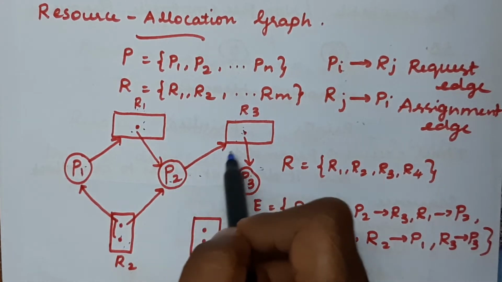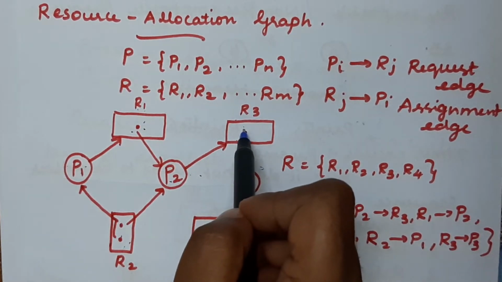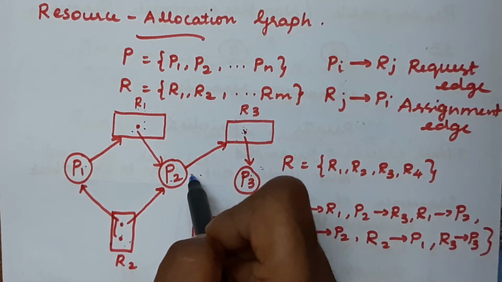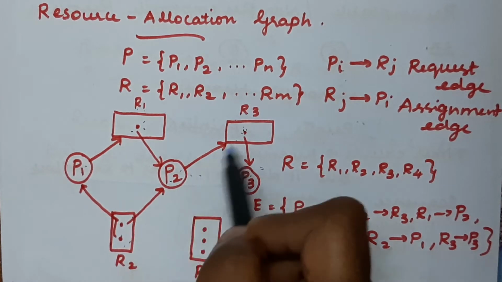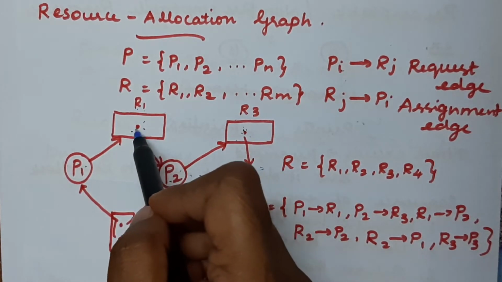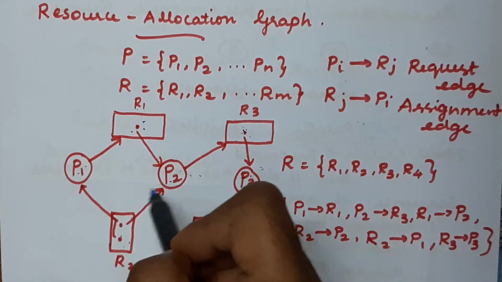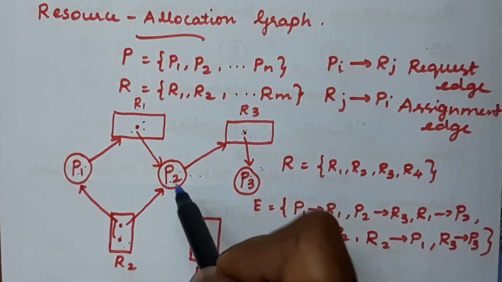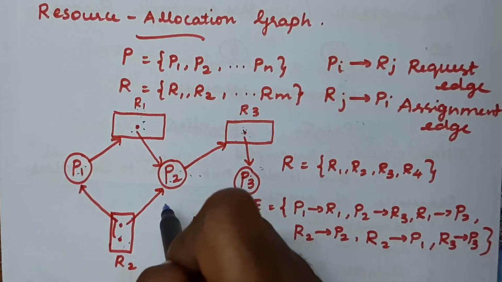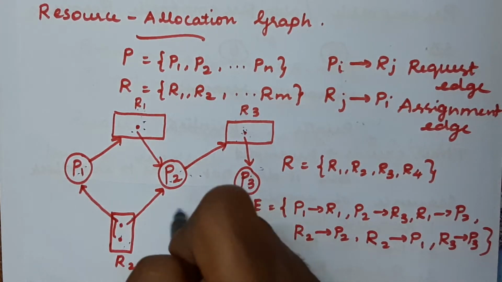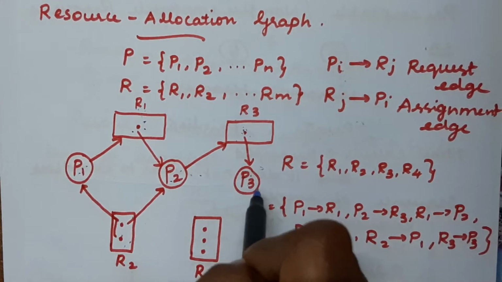Once this particular process completes its operation, the resources will be released. It will finally use the resources and release the two resources, both R2 and R3, and afterwards it will also release R1, so that will be given to P1. So this will not give you a deadlock state. By looking at the requested resources and the resources already allocated in this graph, we can understand it will not give you a deadlock state. So the system is still in a safe state.